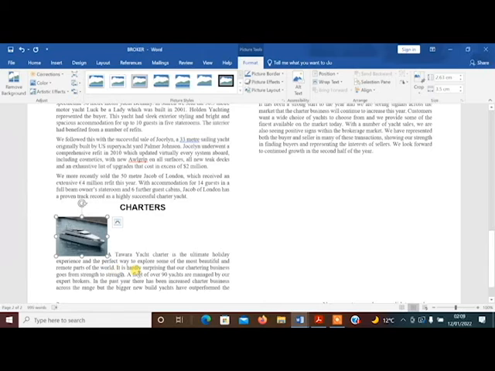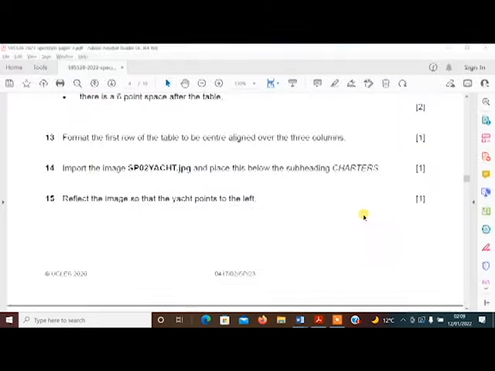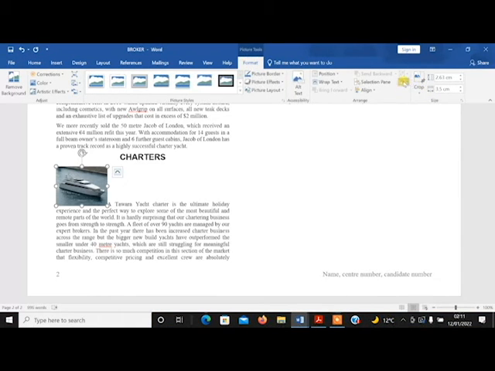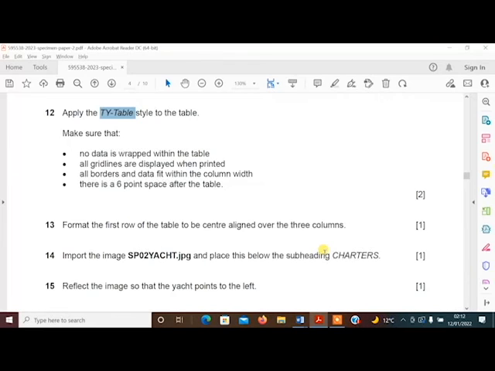Okay, so now we need to see what editing we need to do to that. So it says reflect the image so that the yacht points to the left. So if you click on the image and you go to format, then you've got this little icon here, and it's the rotate objects icon, and if you flip horizontal, that will then reflect the image so it's now pointing to the left. So now we've reflected the image,